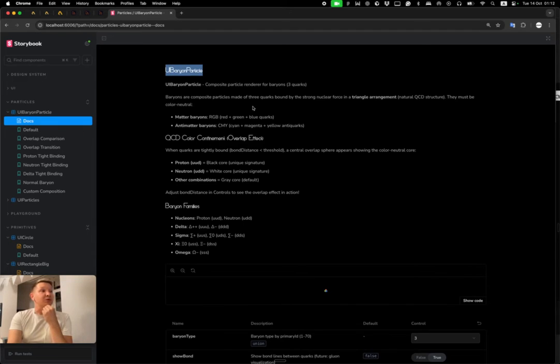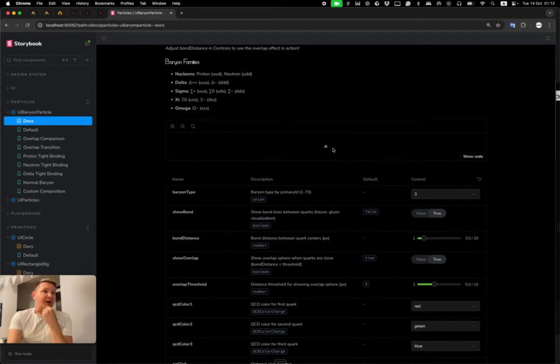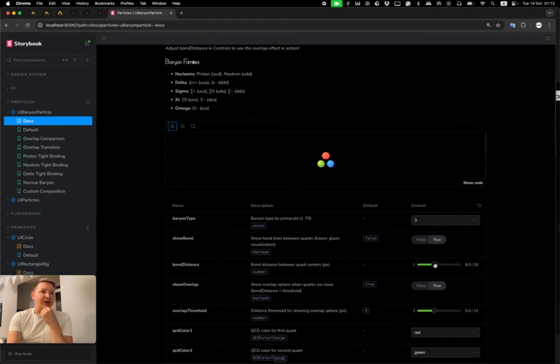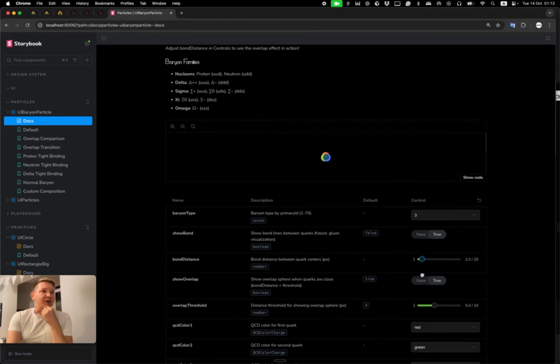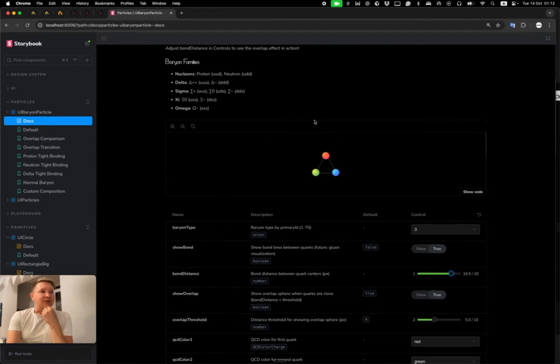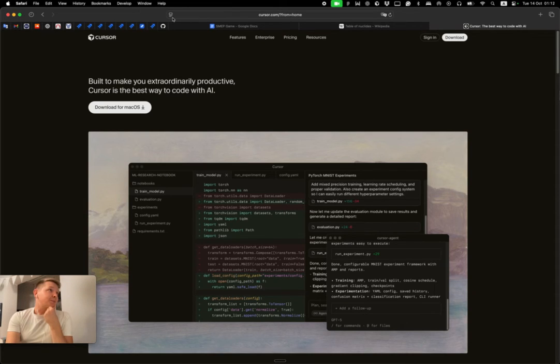And I have baryons. Baryons are simply triplets of quarks. As you can see, I even have here the distance where the triplets are going. They are moving and bouncing later. Currently it's static, and here is the nice feature that I have there. Let me zoom in a little bit. When they overlap, they have a shape of darkening color there. They have an interesting pattern of bluing sometimes, and that's how I get it from my documentation.